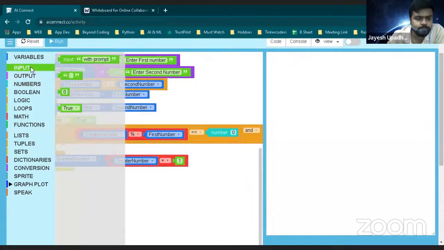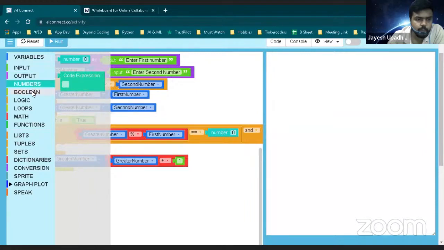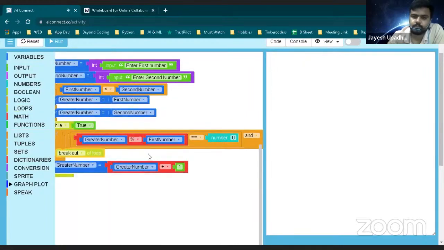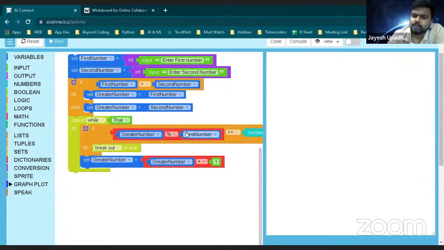What we will do, we will go to the loops and we will take this block called break out of the loop. Very simple, right? Whenever this condition is satisfied, come out of the loop. Breakout means उस loop से बाहर आ जाना. Okay, I know the loop is a forever loop, but अगर loop break होता है ना तो पूरा प्रोग्राम का एग्जीक्यूशन एंड हो जाता है और आप वहां से बाहर आ जाओगे. ओके,